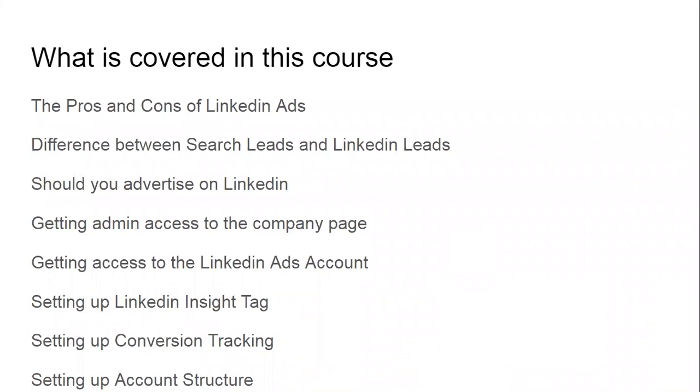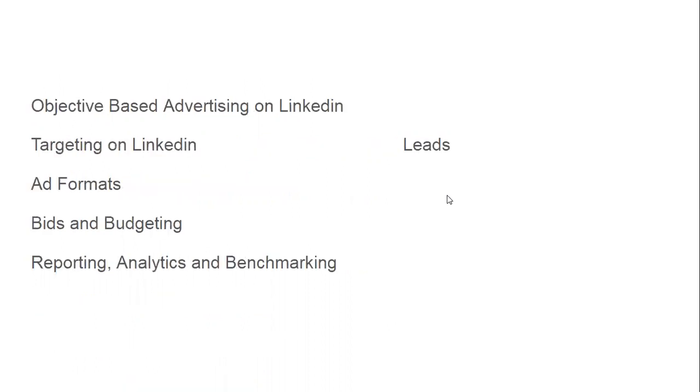We'll be covering the pros and cons of LinkedIn advertising, the difference between search leads and LinkedIn leads, should you advertise on LinkedIn, getting admin access to your company page, getting access to the LinkedIn ads account, setting up the LinkedIn Insight tag, conversion tracking, setting up your account structure, and then we will be going